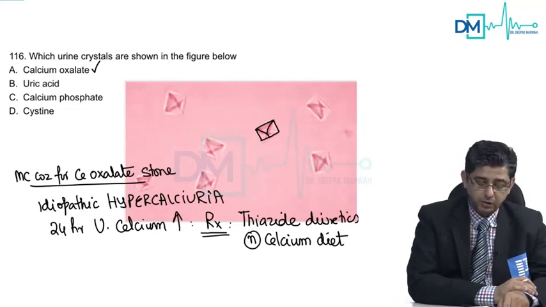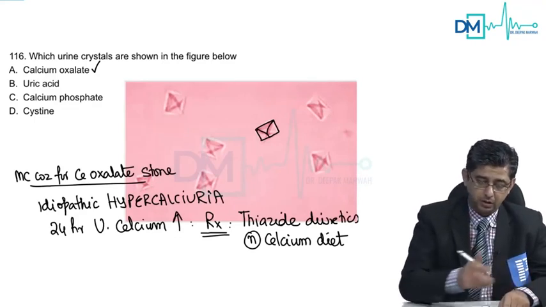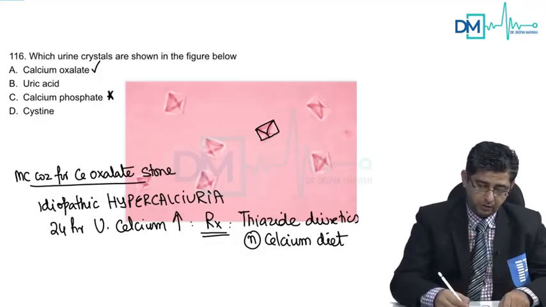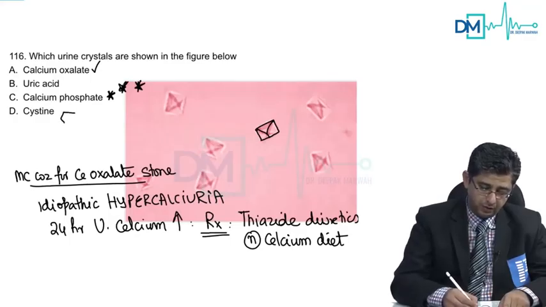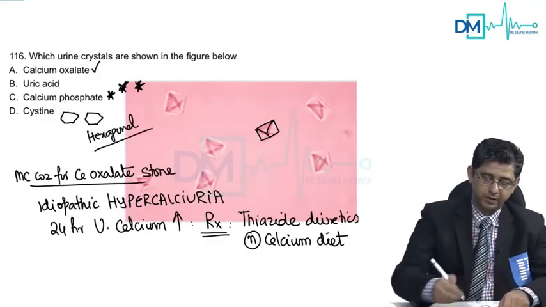Uric acid crystals will not have any finite shape because the crystals are very soft. Calcium phosphate crystals will have a rosette shape. So rosette shaped crystals are calcium phosphate, and cystine stones would have a hexagonal shape. I'll draw that again, hexagonal shape. So if you find hexagonal crystals, then it is going to be cystine, and rosette shaped